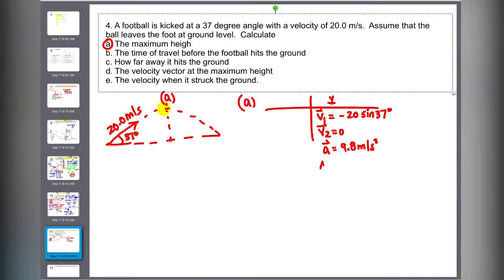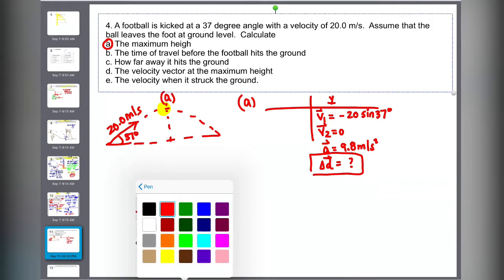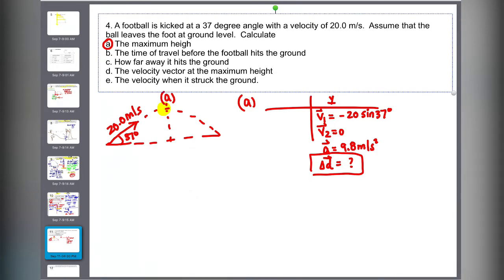And when they want the maximum height for part A, I'm not going to finish the whole question, but basically you're looking for the displacement along the Y. That's your maximum height. For part B, they are now asking what is the velocity at the maximum height. You'll be like, hey, didn't you say the velocity is 0? But don't forget, at that same time, you still have a horizontal velocity that is still traveling at 20 cos